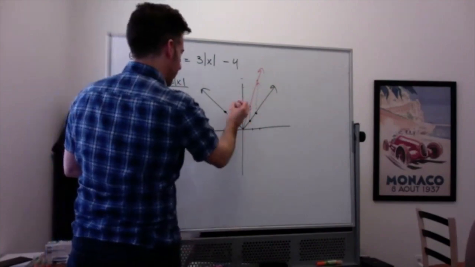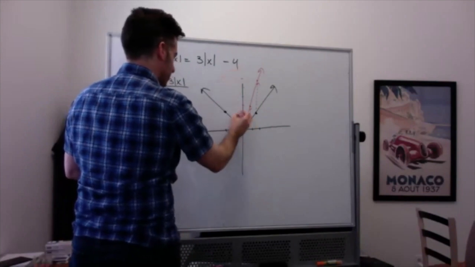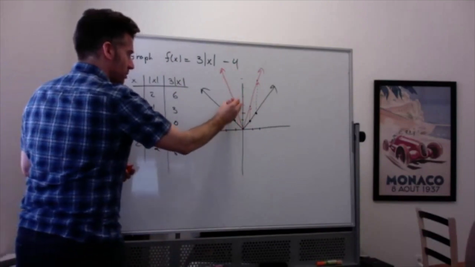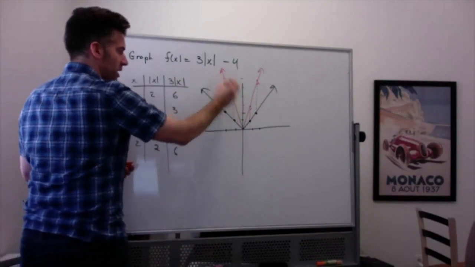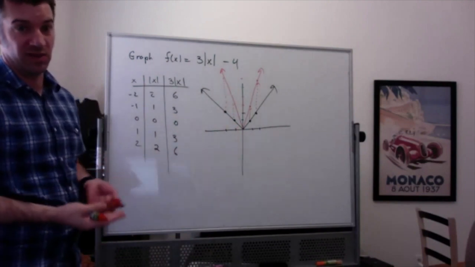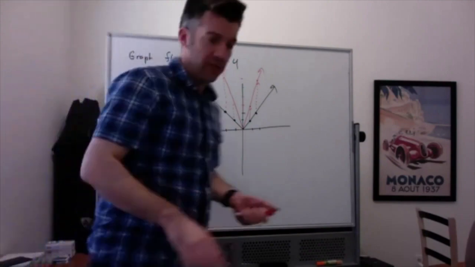And the same thing on the left. Each of these points is becoming 3 times as large as it was. Even the origin, the 0 value, is becoming 3 times as large as it was, which is still the 0 value. And then you would just shift that down by 4, so that the final graph,